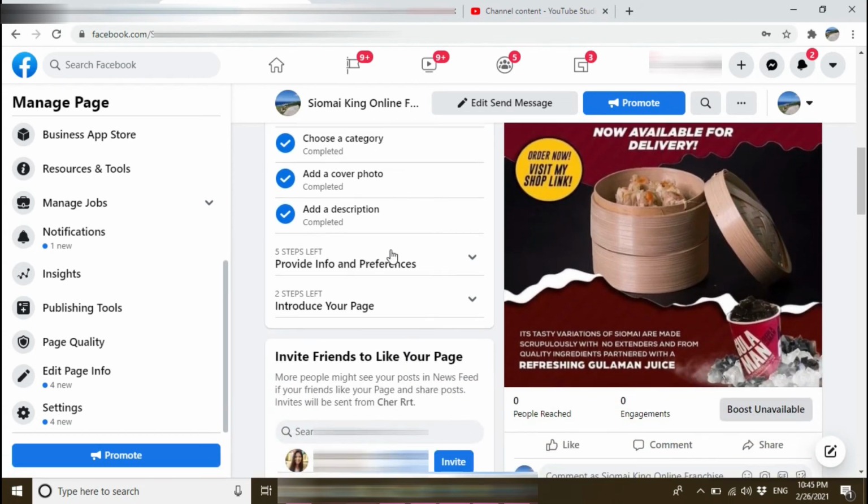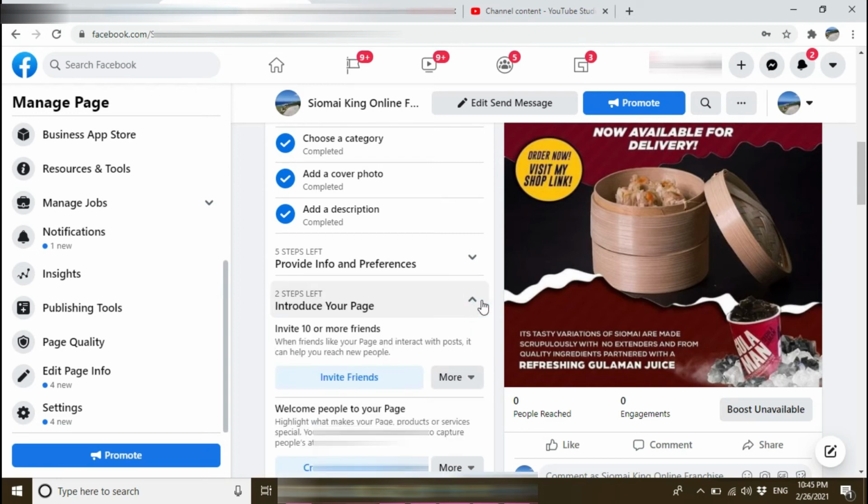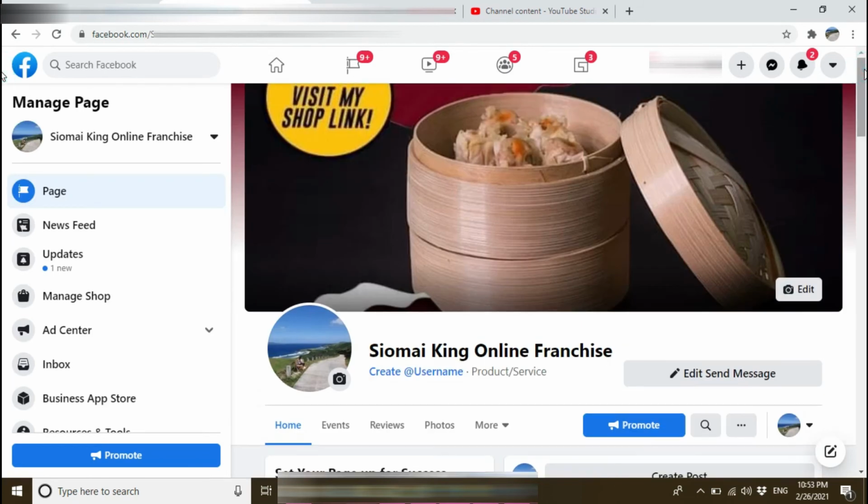So these ones right here, the information and preferences and introduce your FB page, these are the boxes that you need to complete later on, because this is very important. Otherwise your customers will think that maybe your business is not operational, or maybe you're not really that serious with the kind of business that you're offering to your customers of your FB page. So just try to play along with your profile, check the news feed, any updates, and then you will see